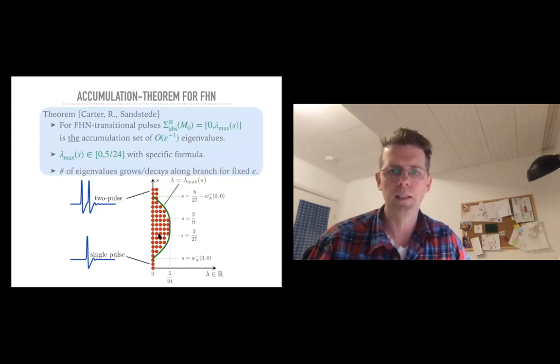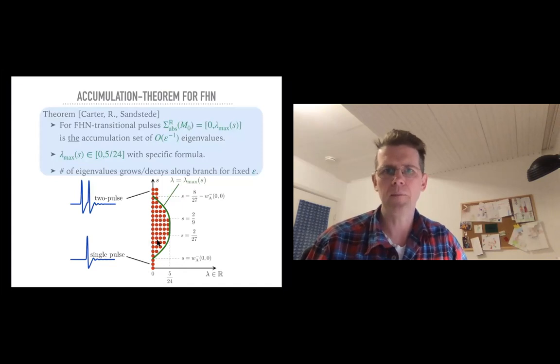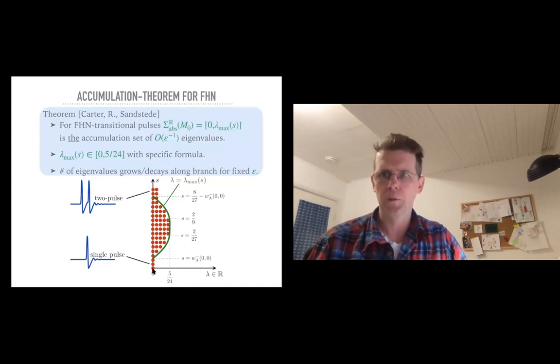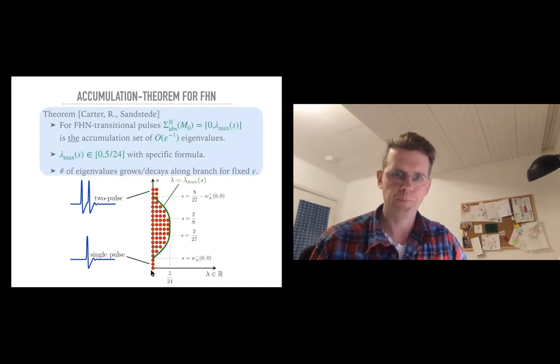That's the one point. And the other point is that if I take epsilon sufficiently small and then move up in S, then I will also see a number of eigenvalues in this interval, but finitely many. And as I move totally up, this number goes down to 2, actually. I should maybe mention that on this vertical axis here, for lambda equal to 0, there's always an eigenvalue, again because of the translation. Okay, so this is the main result regarding FitzHugh-Nagumo with all the details for this specific case.